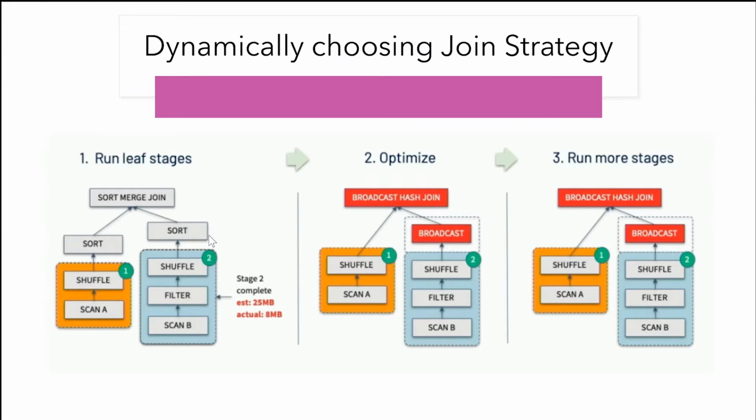This is the case with the old versions, but what happens with the new 3.x version of Spark is that it collects the statistics at the runtime, because now the actual size is 8 MB, which is under the broadcast threshold. In the later stages, when it has to execute later stages of the job, it tries to re-optimize the join and it creates a broadcast hash join instead of sort merge join.